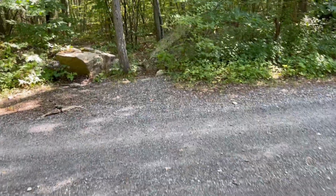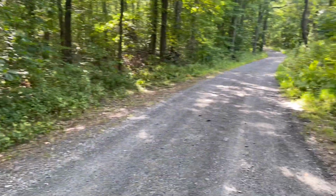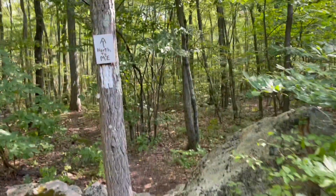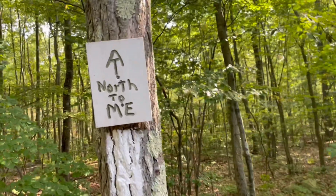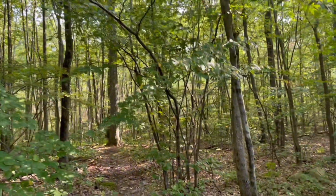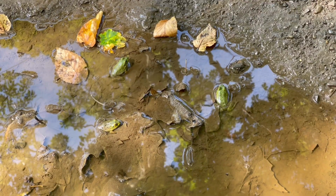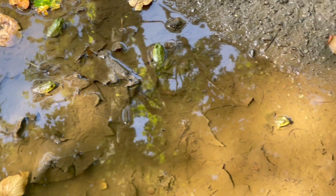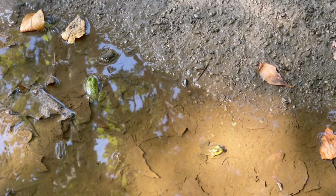So this looks like Depot Hill Road. There's supposed to be a parking lot right up there. North to Main. It's a frog puddle. Got 1, 2, 3, 4,